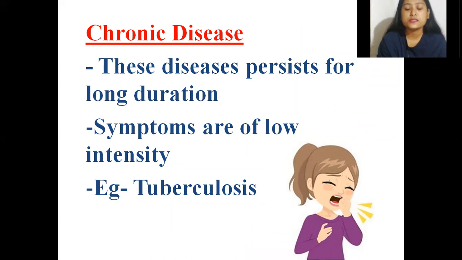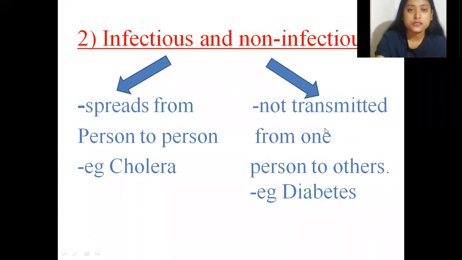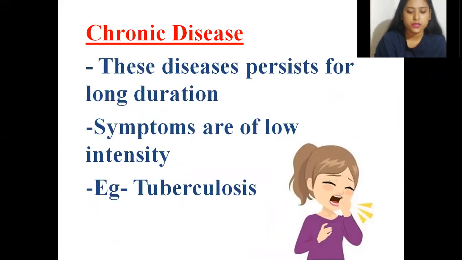For example, if you consider tuberculosis, here you will encounter continuous cough, and that may be for 3 months or 4 months or 6 months. So it will take time. In case of tuberculosis, the cough is also not very intense, but it will persist for 3, 4, or 6 months. So this is what chronic disease is. Here the symptom persists for a longer period, whereas in case of acute disease, the symptoms do not persist for a longer period, but the intensity is very high. So this is how, on the basis of duration, we can classify diseases.